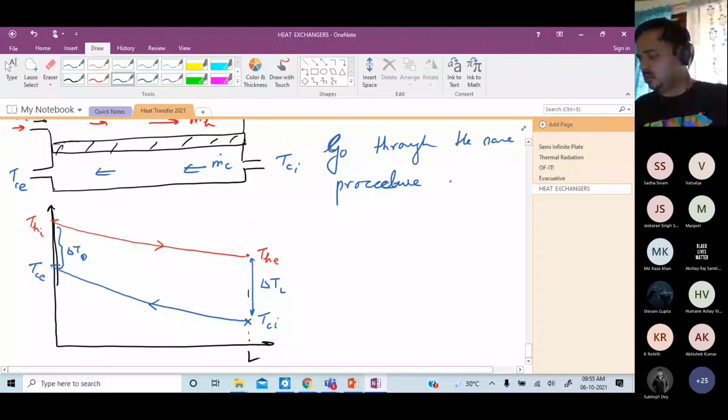You go through the same procedure, you will get delta Tm will be delta T0 minus delta TL,